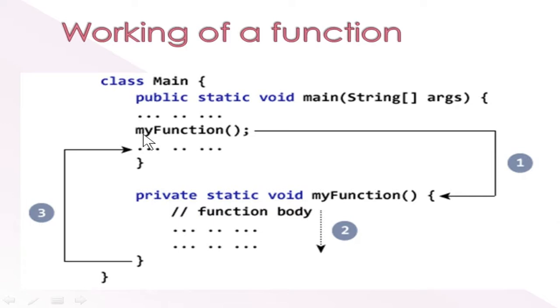Once you specify my function, that is a function which has been declared here, when you execute this line, it automatically transfers the control to the function. It searches for the function and finds it, and then it will execute the body of this function. After completing this function, whether you have a return statement or not, it goes back to the main function and executes the remaining statements below the function name. If you have some lines to be executed after the function is executed, it will go back and start executing them. This is how the function works.